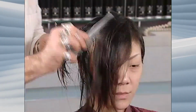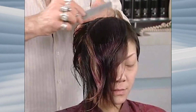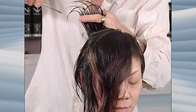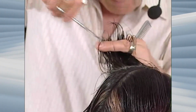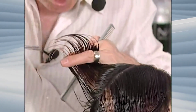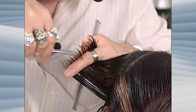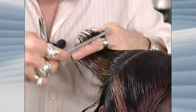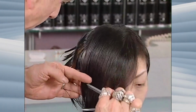I know I just keep coming back to the same thing, but it's just so important that with this kind of over direction, or really with any kind of over direction, we really follow the root system when we're over directing that hair, no matter where we're over directing the hair to. So that's why you see when I do this, I am not just taking vertical sections straight up and down. These sections are at an angle,